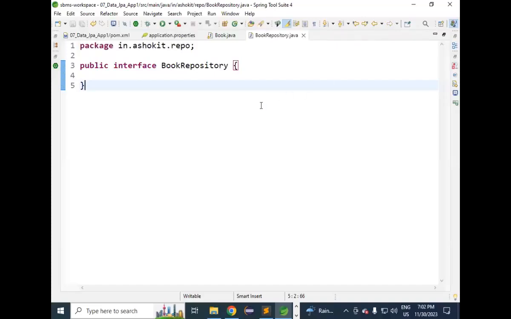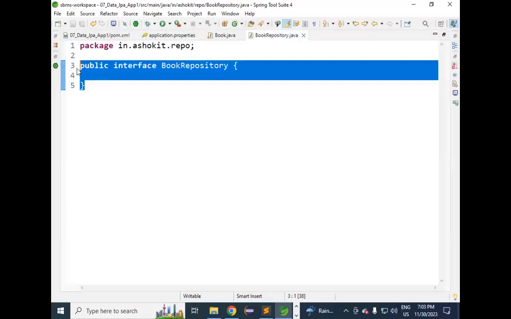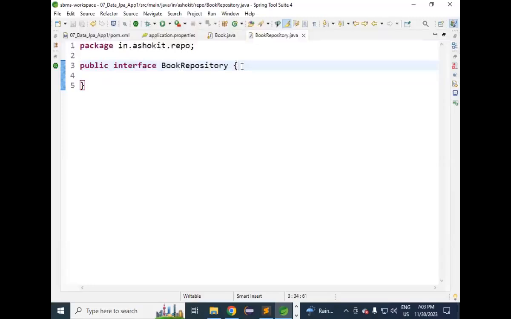So I'm creating one interface here, which is BookRepository. This BookRepository interface is a normal interface as of now. With this interface, I cannot do anything because there is no method. This is a marker interface. Now, I want this interface to perform some operations with the table. So for this, I will be